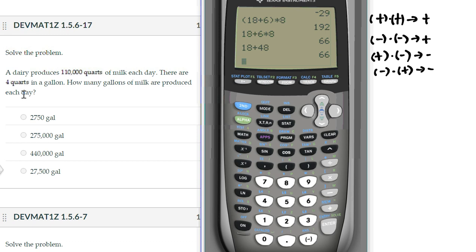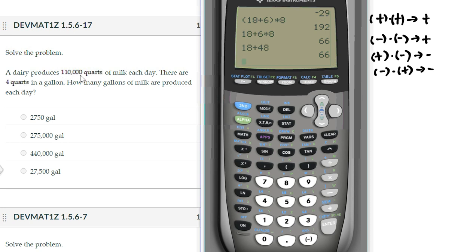So in this case, you got to use the division. The reason is what? They are asking about gallons right here. You see, how many gallons? They didn't ask you how many quarts. If they asked about quarts, there would be nothing to ask because you already know that. So you want to know, in the number of 110,000 quarts, how many 4 quarts are actually over there? How many 4 in this number